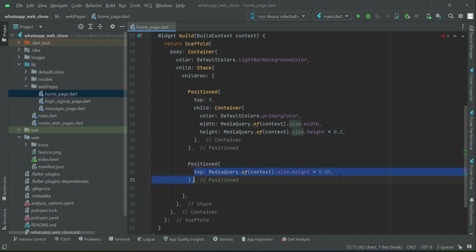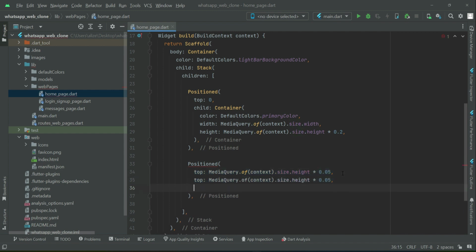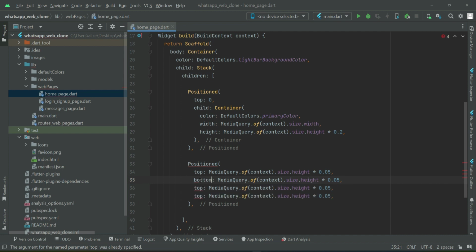Then from the other areas, that is bottom, left, right. So from the bottom it will be this, and from the left it will be whatever the screen height is, the same percentage we take. Okay, similarly from the right side. And then